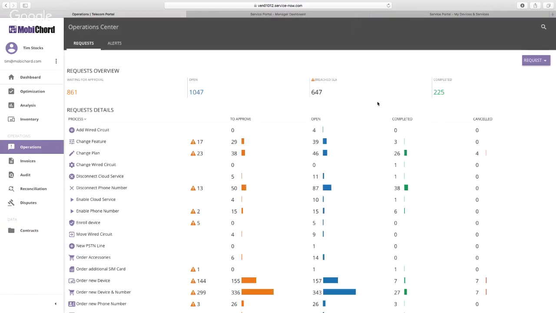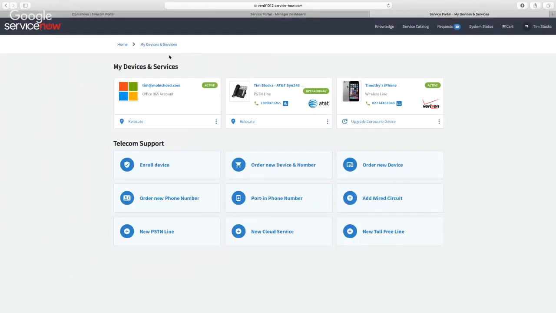I think where we really see a lot of value here is that everything is managed and tracked within one system, which is your existing IT solution. And so we really pull in everything related to telecom, cloud, and mobile, and centralize it within ServiceNow. So I'm going to show you here the